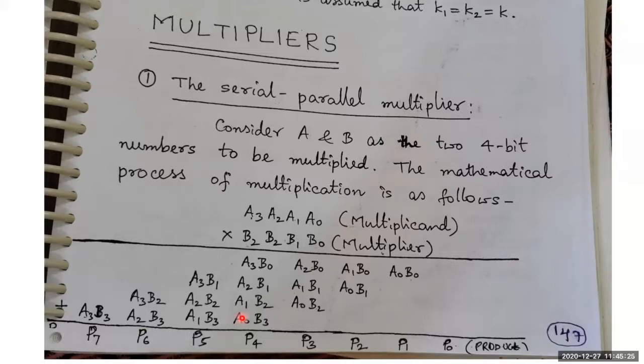If I'm not wrong, sorry, I think again I have written this 7 over here. It might be 1, 2, 3, 4, 5, 6. Okay, it has come up to this part. An 8-bit product will always be obtained. If you are trying to multiply any kind of 4-bit numbers, then definitely your product will be an 8-bit number. So that's a small indication of how to understand the product of binary multipliers.